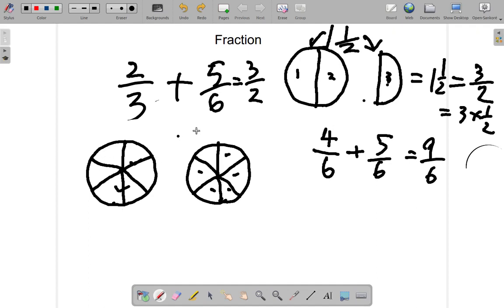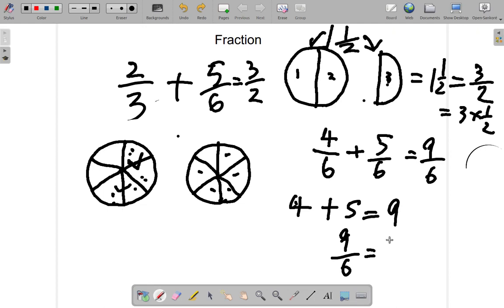We divide each third in half and get 6s. 1, 2, 3, 4, 5, 6 equal parts. Now here, this 1/3 covers 2/6, and this 1/3 also covers 2/6. So we have 1, 2, 3, 4. 4/6 plus 1, 2, 3, 4, 5, 6 that we had looked at earlier. So it's 5/6. 4 and 5 is 9. And it is 6s that we're counting. So we have 9 6s,